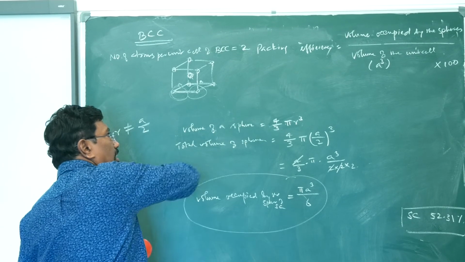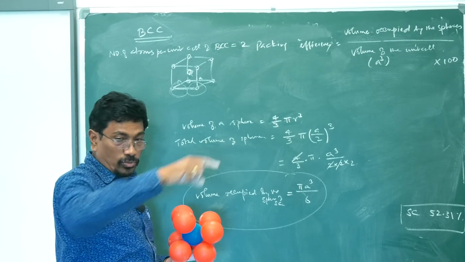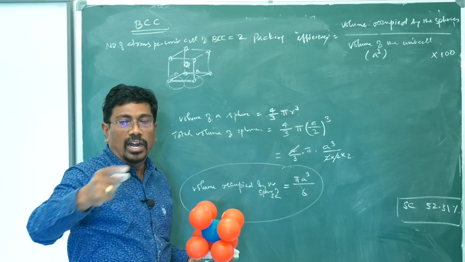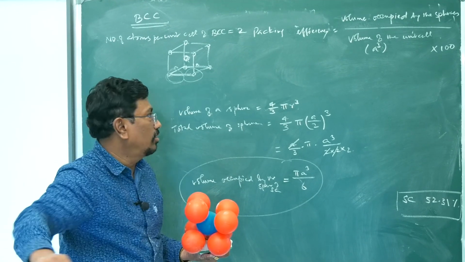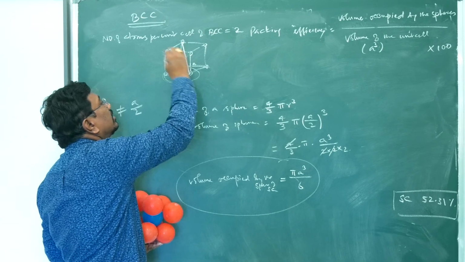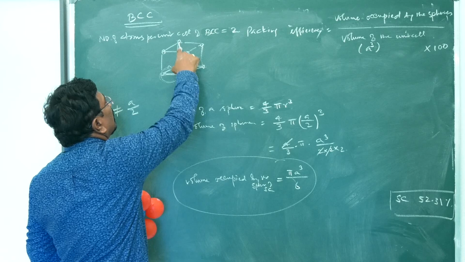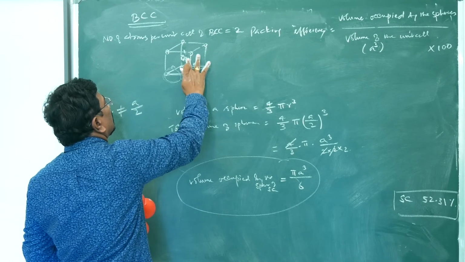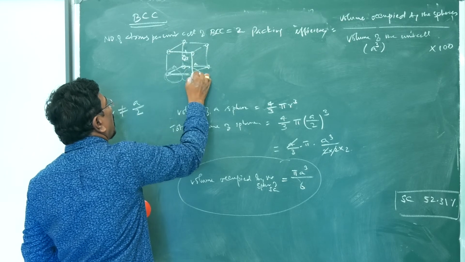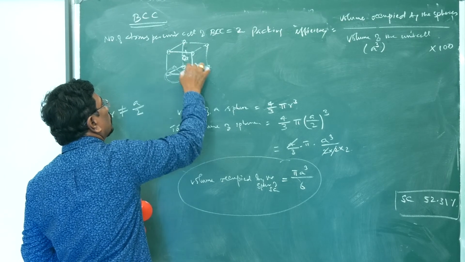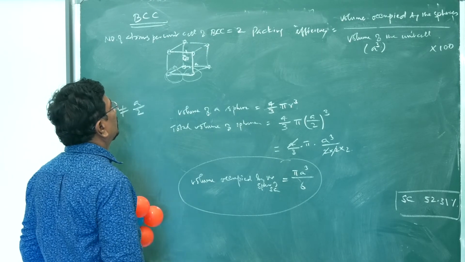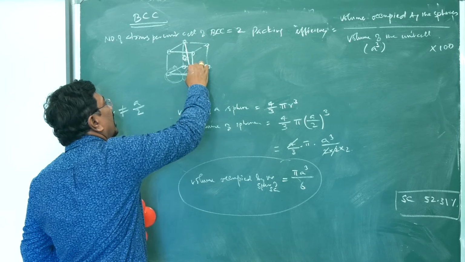It is not two-dimensional, it is three-dimensional. If you look at your room, one atom will be at that place, another atom will be at the middle, another atom will be below this. So this diagonal line you have to draw, from this corner to this corner. It is not the front face. I cannot connect these two. I can connect these two, or I can connect these two. This is how I get the diagonal.